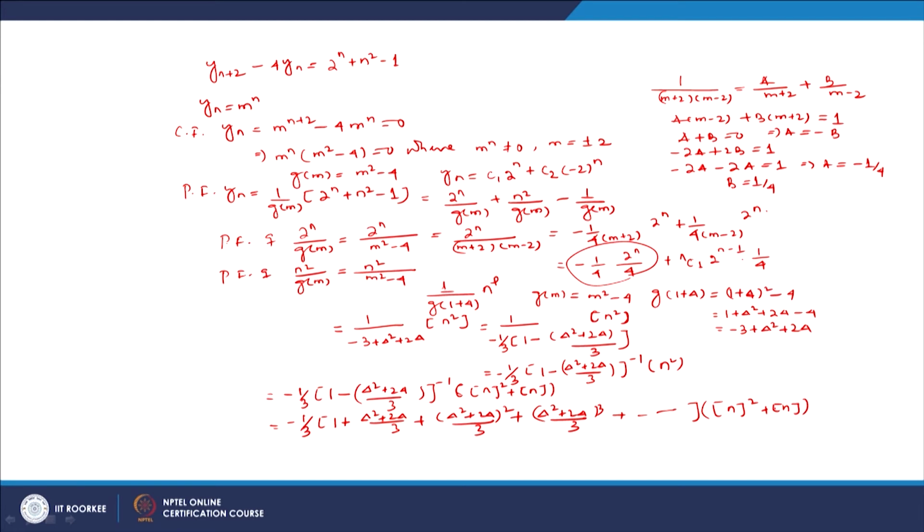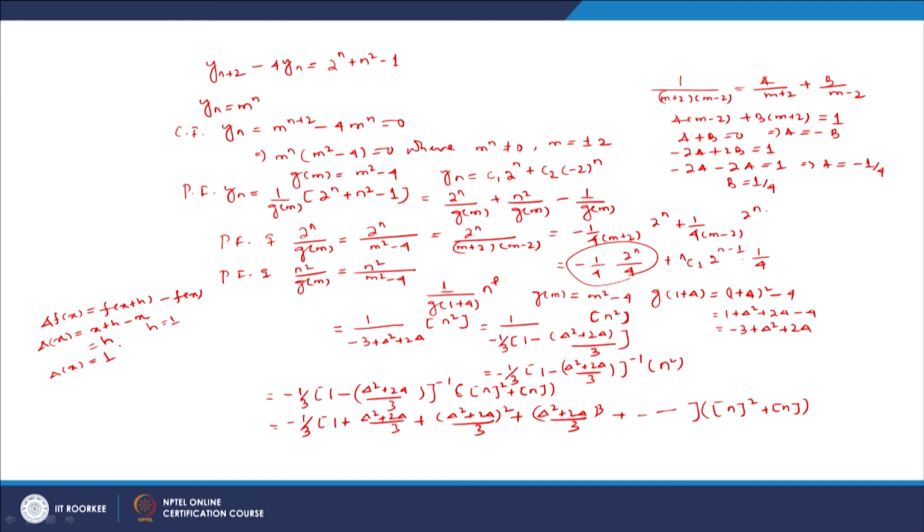And already we know that this delta operator is nothing but our forward difference operator. So, delta of f of x can be written as f of x plus h minus f of x. If delta is operated on a polynomial, suppose I operate delta on x only, it can be written as x plus h minus x, which is only h. So, if h equals 1 here, then delta of x is nothing but 1.